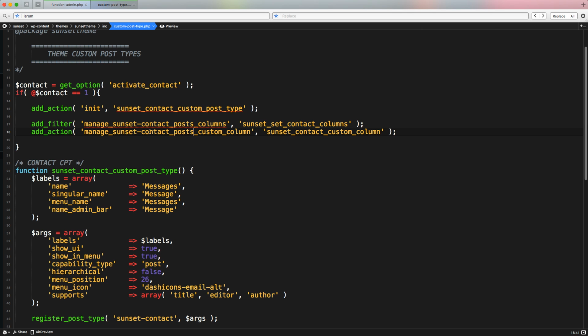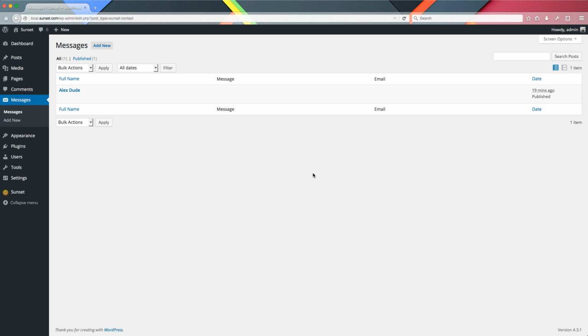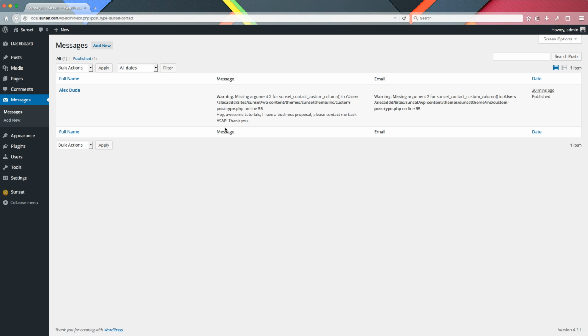Posts. There you go. So the actual action, I'm really sorry for the mistake. The actual action is manage, name of our custom post type, then posts, custom column. Save it. Let's go back in our admin panel, refresh it. And now, as you notice, it's printing the excerpt or the portion of the message that is inside our post